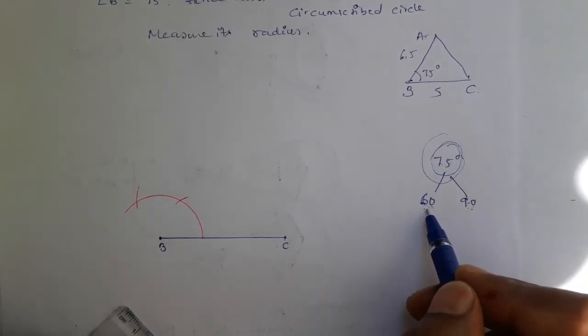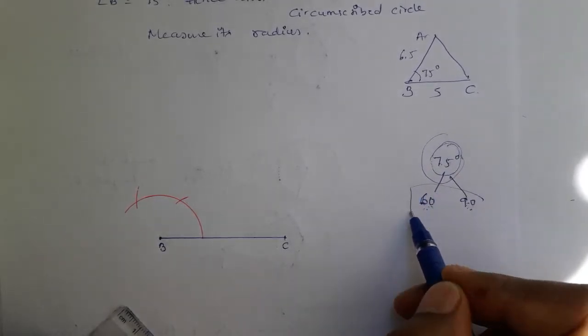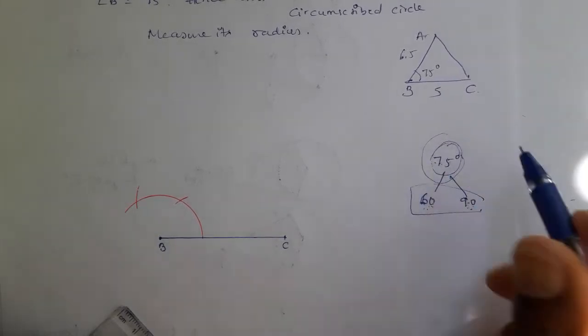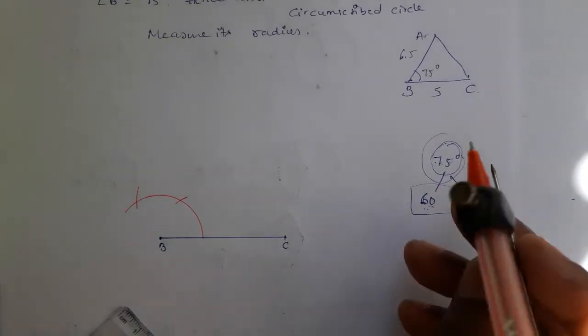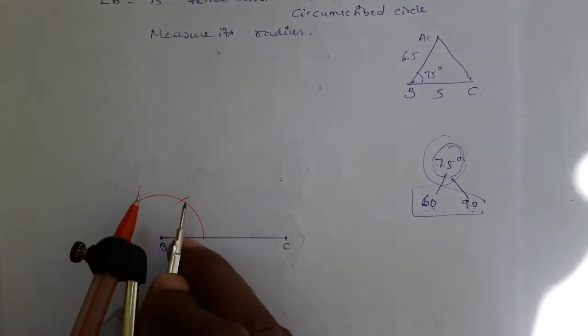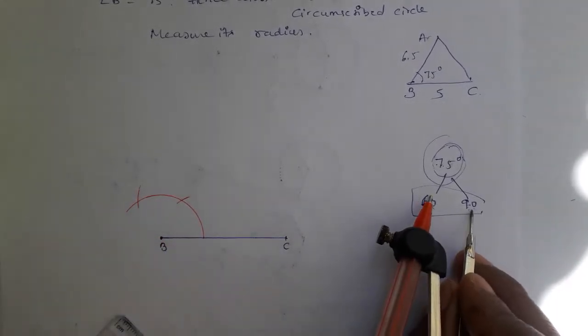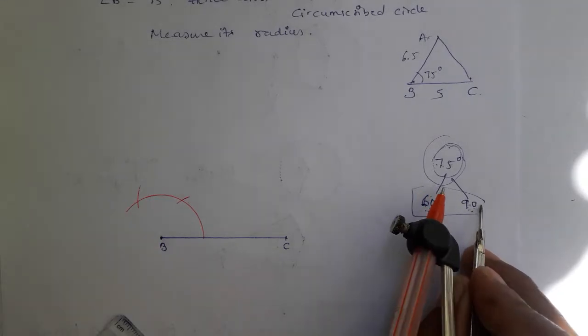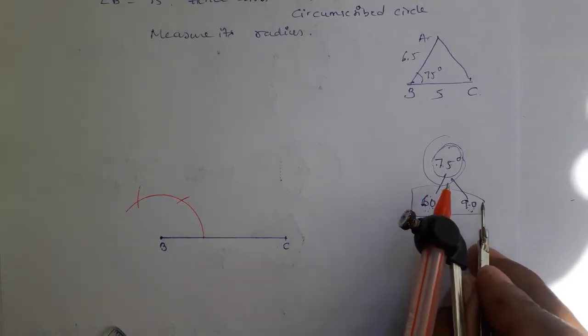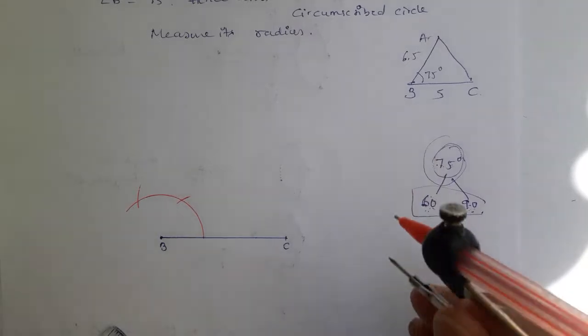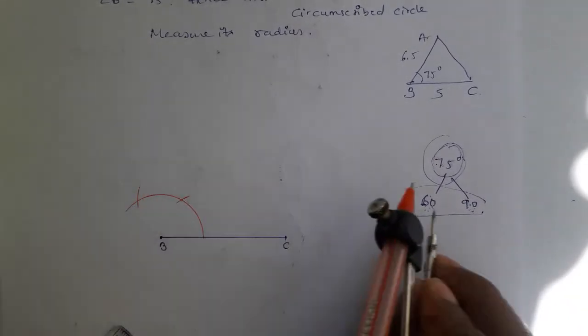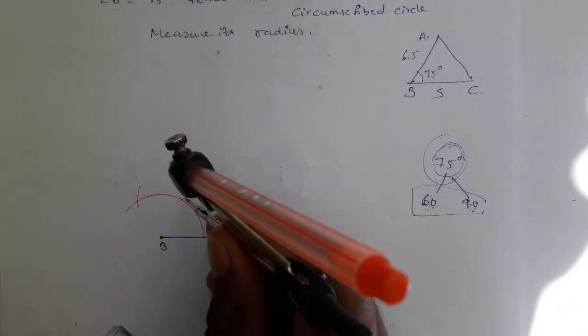Got it? First get 60 and 90. Once you get these two angles, then getting 75 degree is easy. So first let us get 60 and 90. But 60 degree is already ready here. This is 60 degree, this is 120 degree, but 90 degree is not there. So we have to construct 90 degree first, because only after 60 and 90 are finished does 75 come. So now 60 degree is ready. Next our task is 90 degree. How to get 90 degree?